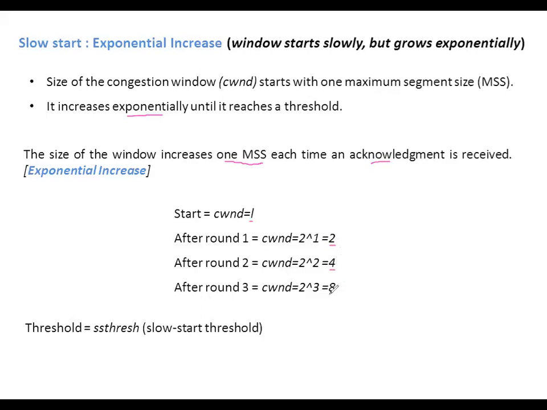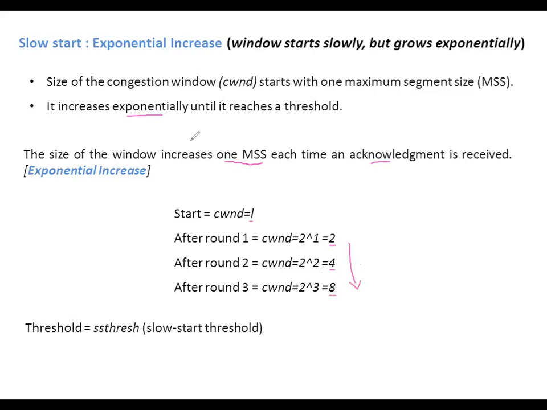So that means in the next iteration, sender's window size is 8. So sender can send the 8 number of segments simultaneously to the receiver. Now here how the number of segments is increasing is, initially it is 1, that is 2 raised to power 0. In the next iteration, sender can send 2 segments, that is 2 raised to power 1. In the next iteration, sender can send 4 segments, that is 2 raised to power 2. In the next iteration, sender can send 8 segments, so that is 2 raised to power 3. So this increase is exponential increase.